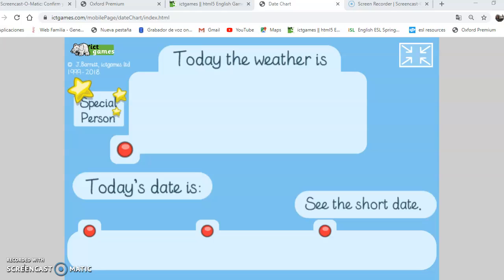Here you are, the weather and date chart we're going to start from today. In here, you can see today the weather is. Here you have to choose the weather. Remember, if it's sunny, if it's rainy, if it's snowing, etc. So all you have to do is click on this icon, the red circle,